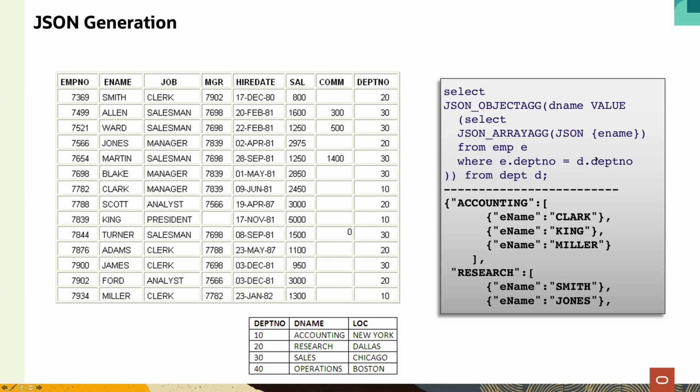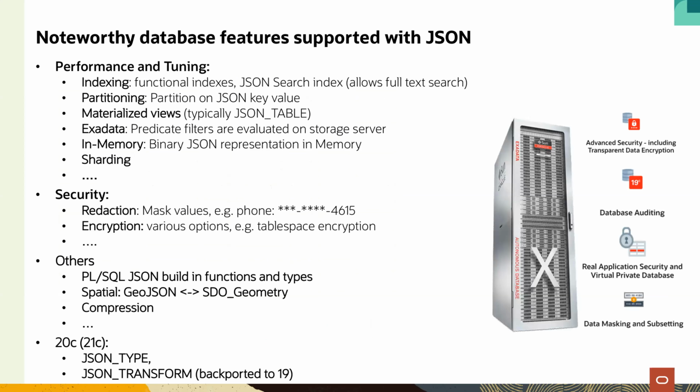So every employee works in a department. And I create an array with all the people working in there. In this case, I only pick the name of an employee. So this JSON curly brackets generates this JSON object. And I could have chosen different representations, maybe different rows for departments or one row for each input. It's just a matter of how you combine these SQL generation operations. Good. There's a lot of features that I'm not able to cover here.